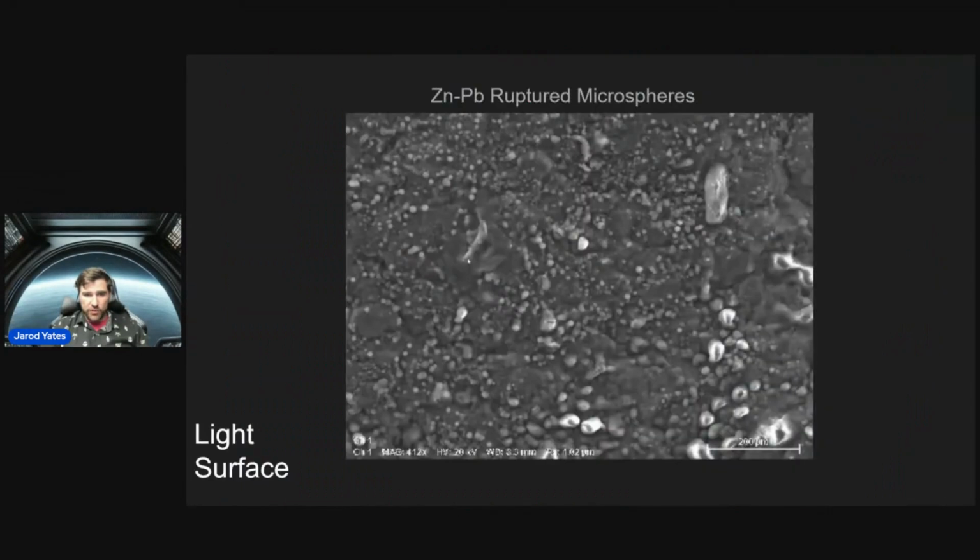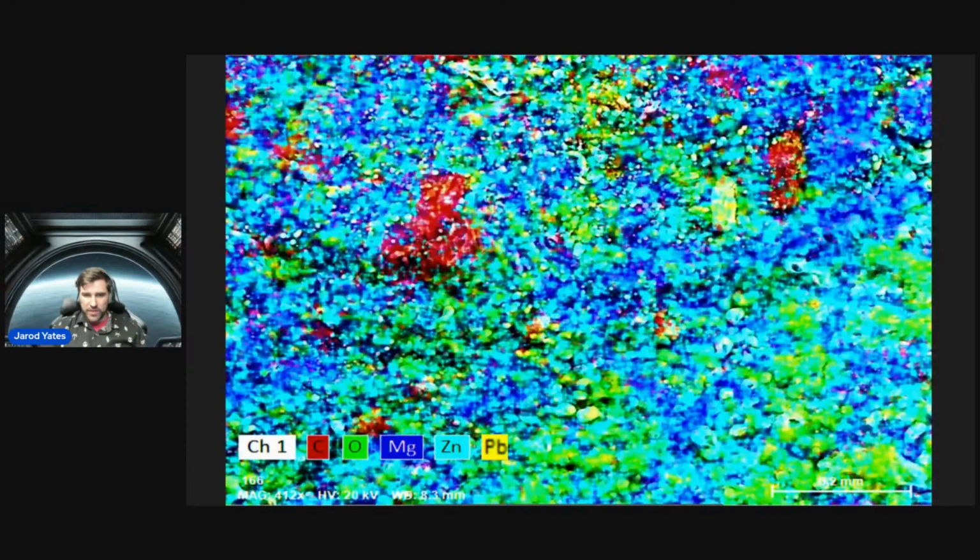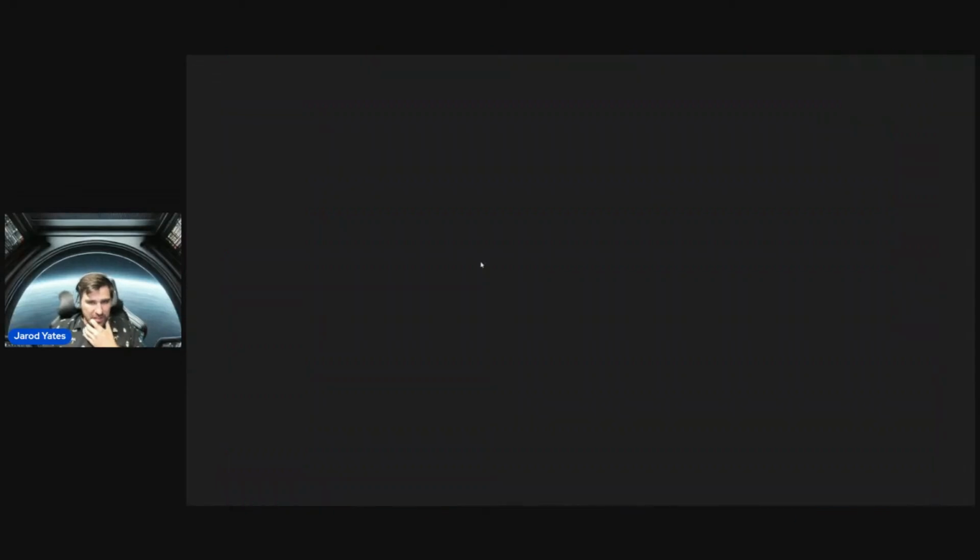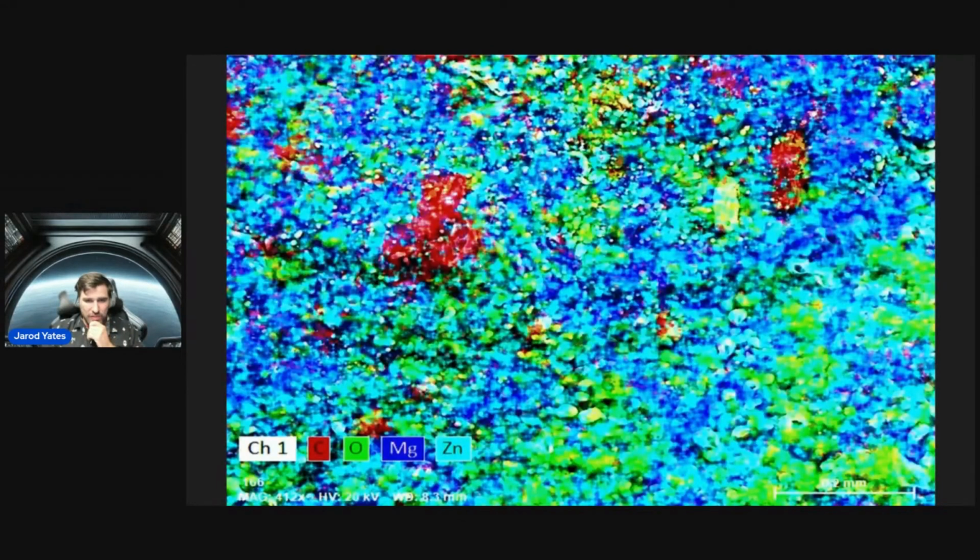If I go back, it kind of looks like those might be skin cells, maybe. But the problem with that is that we're at 20 kV brightness. So if this was skin cells, I don't know. That is not my area of expertise. So here's a GIF that I made where it's going to go back and forth between the two